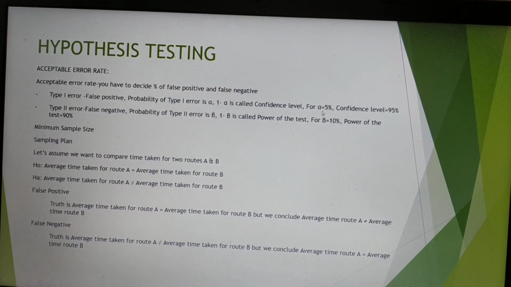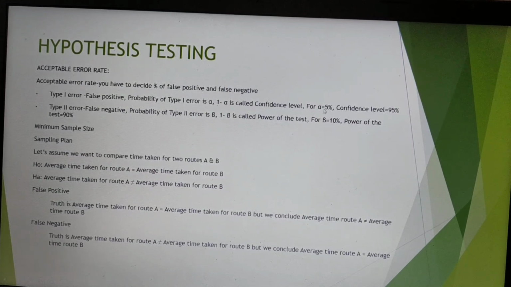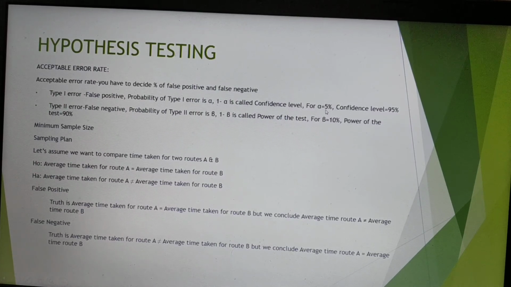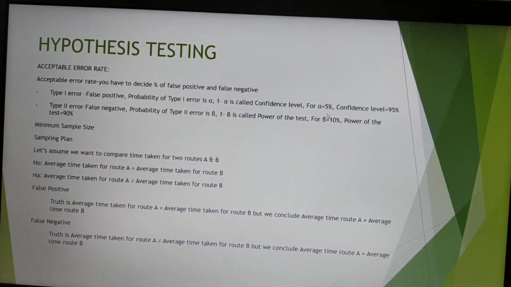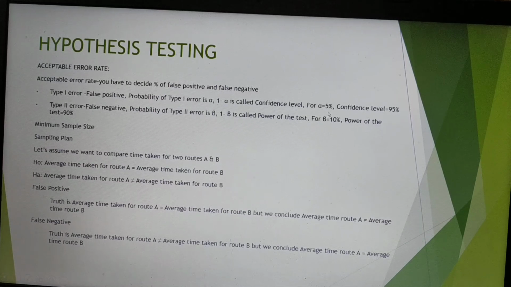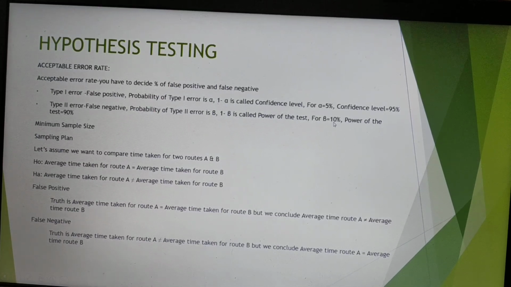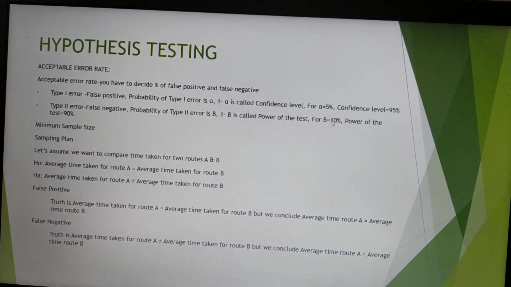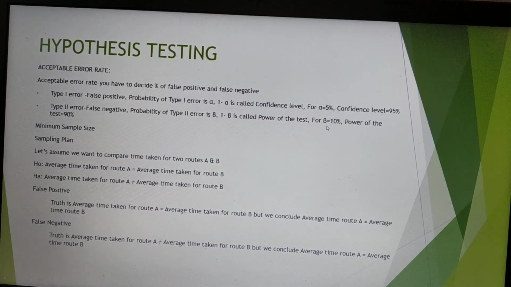If we don't know the significance or the implication of these alpha and beta, we'll try to go for minimum alpha. Maybe somebody would say, okay, I would like to have alpha value of 1% and beta value of 1%. But what will be the result of this? This will result in massive sample size. And do we need that much accuracy? That should be the question. Or what is the error that we are okay with? That is what we have to decide.